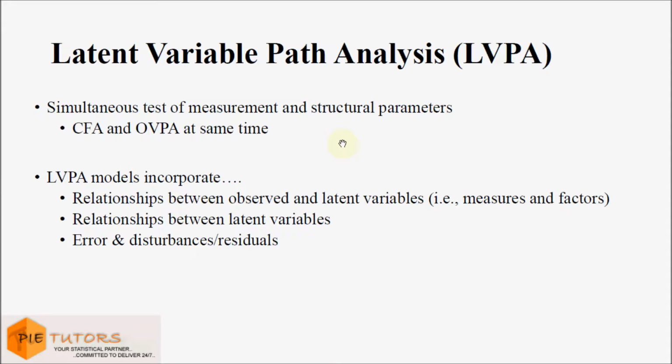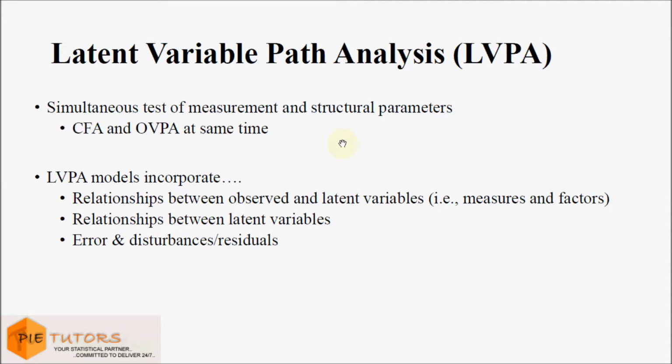We can also perform the path analysis with latent variables. Latent variable path analysis simultaneously tests the measurement model and the structural parameters. The structural parameters can be understood as the variance terms of the latent variables, the regression weights of the paths, or the variance of the error terms, etc. Latent variable path analysis can be thought of as running a CFA and observed variable path analysis simultaneously.